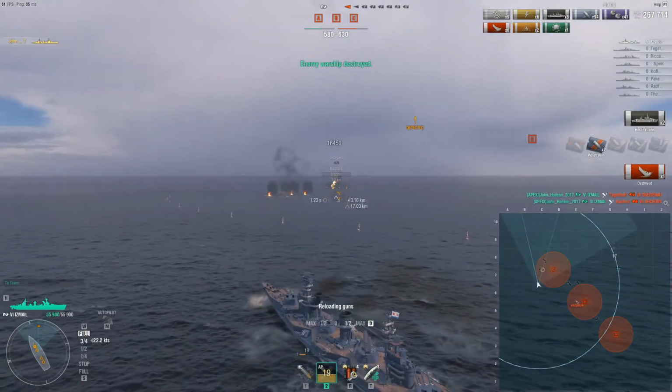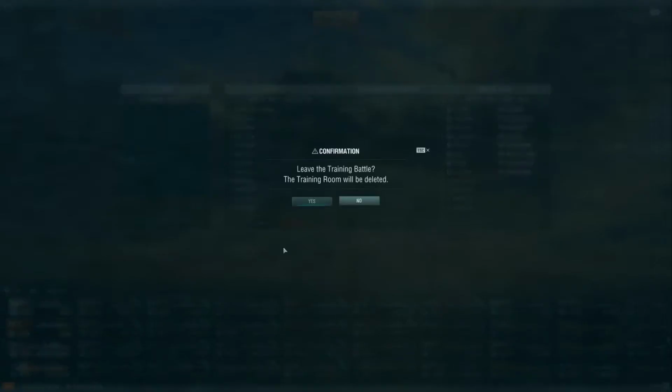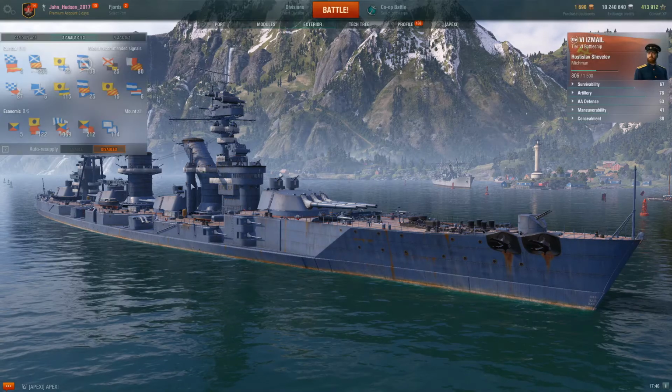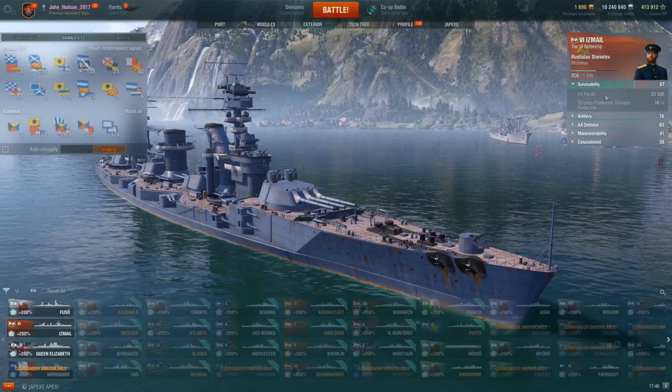All right. So anyway, let me get back to port here. I just want to show you the armor schemas. You may not have ever looked at this, but this will sort of be helpful in you understanding how the game mechanics work. So the ship that I'm in, this is the Ismail, and go over here to survivability and